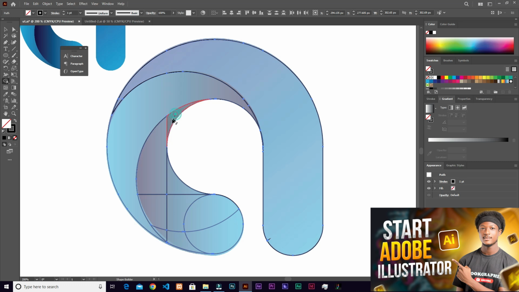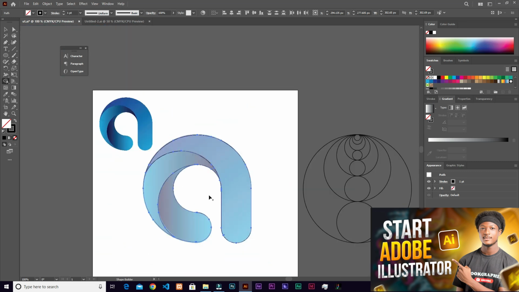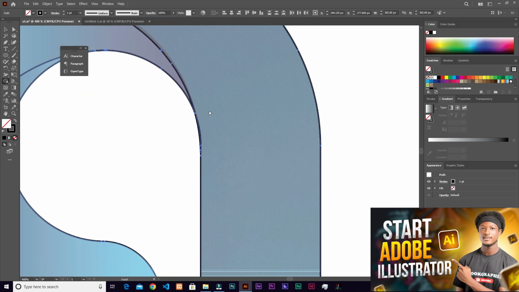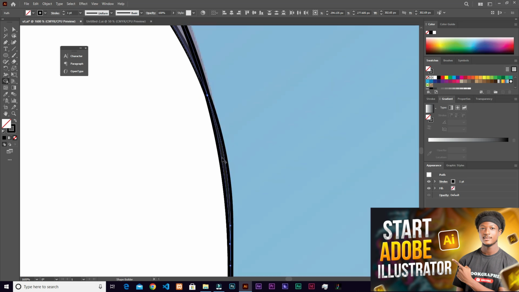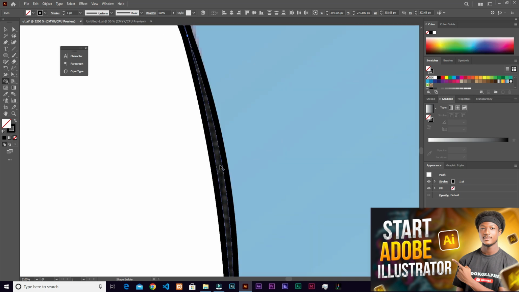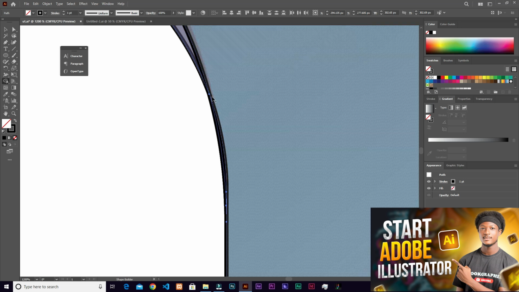Now we have to merge from here and then merge here. Okay, but you are not done. You have to zoom in into certain places to know that everything is on point, every place is merged together. For example, over here you can see this is a shape and this is also a shape, so there has to be a connection over here. But you see,